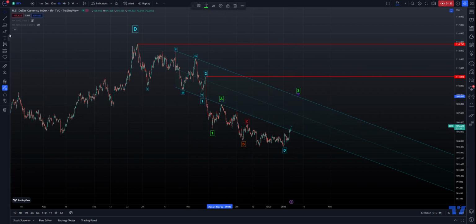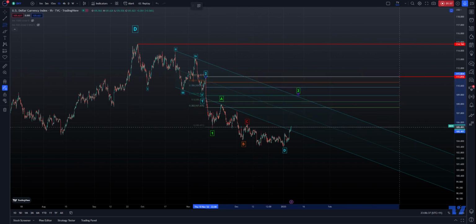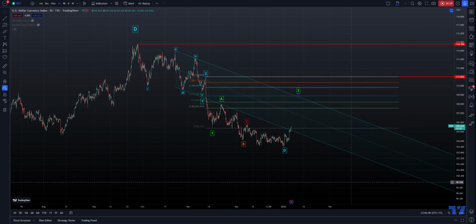If we look at this particular move since the end of wave two, put a fib on there, really we haven't had a full proper retracement. And that's a bit of a worry, because if this is the right view and we haven't seen a proper retracement yet, then for this to bounce higher is not out of the question, right? It's just not. So what I mean by that is, usually it's a case of